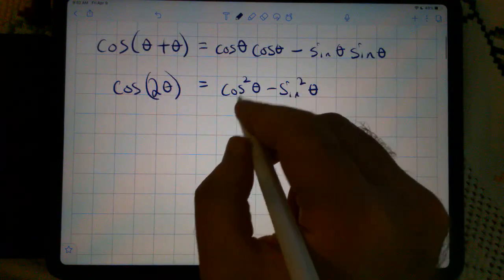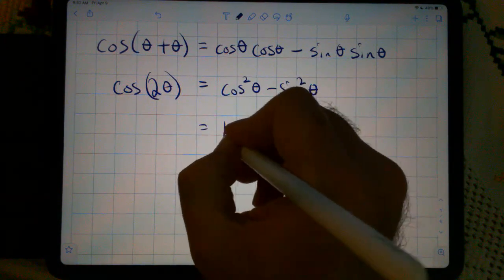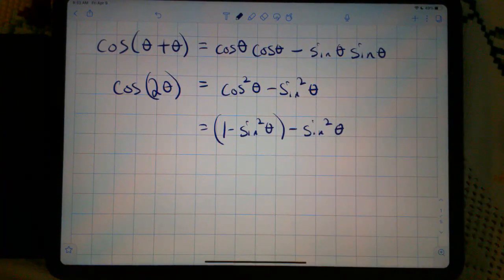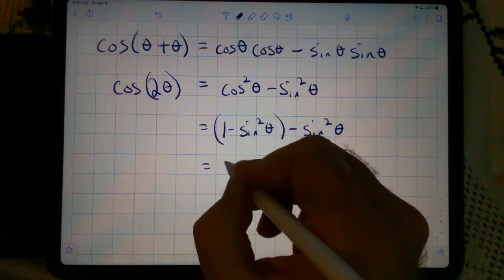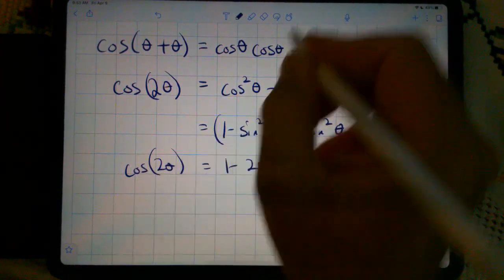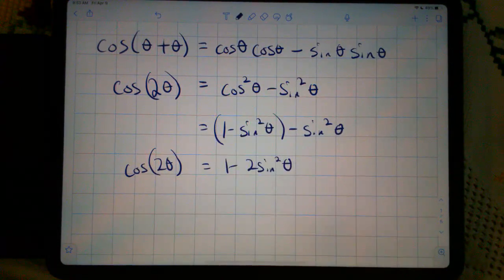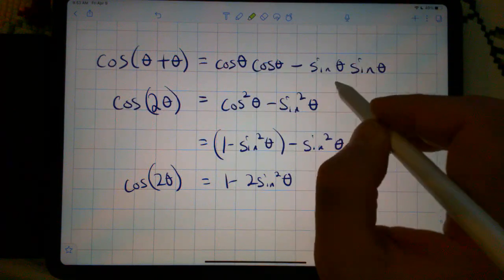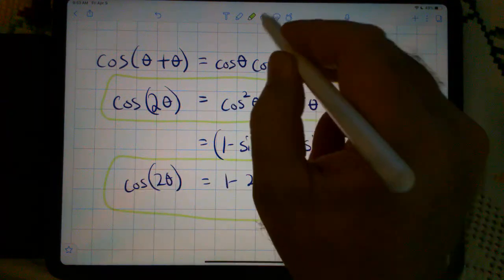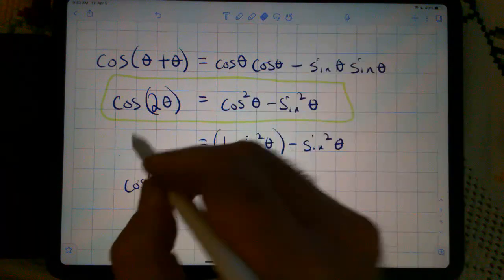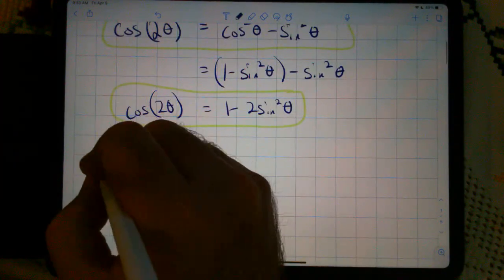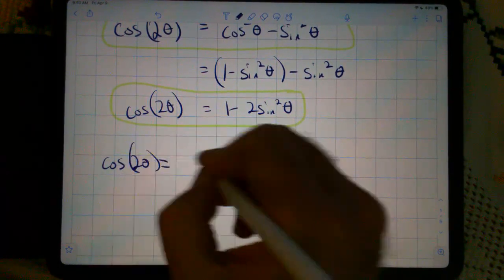But also we know that cosine squared is equal to 1 minus sine squared, so this is the same thing as, which is, so here is one identity for cosine 2 theta. Here is another identity for cosine 2 theta. And if we have cosine 2 theta is equal to